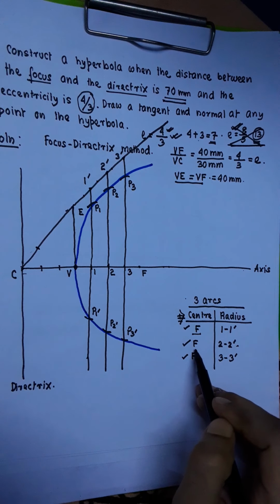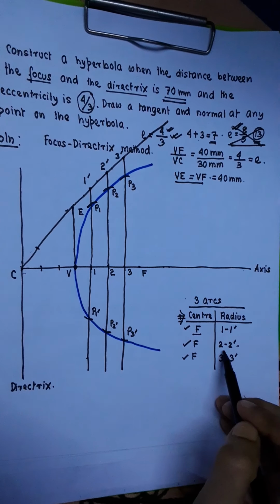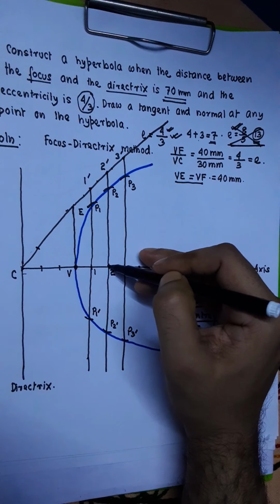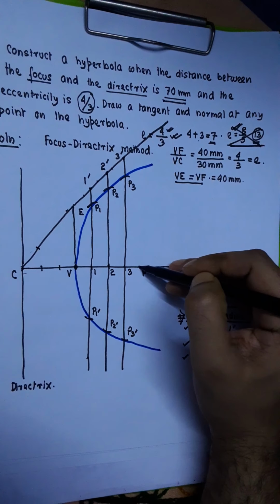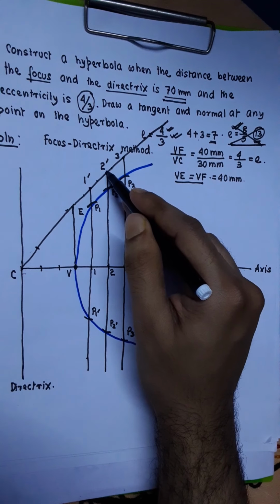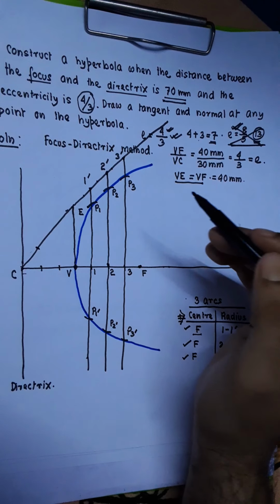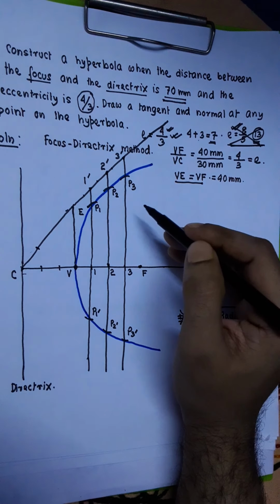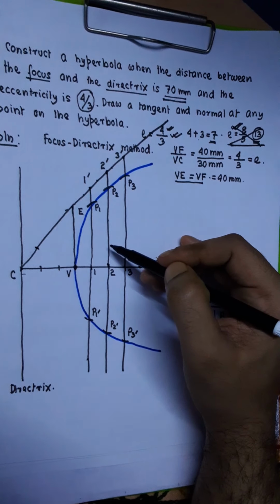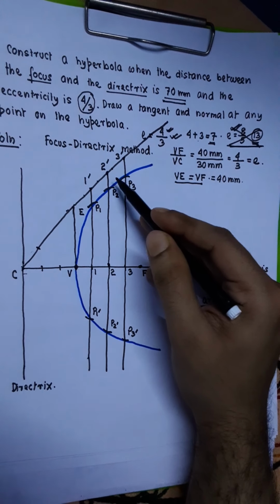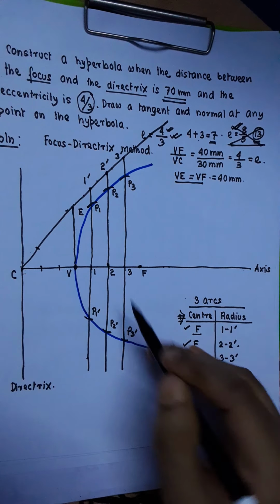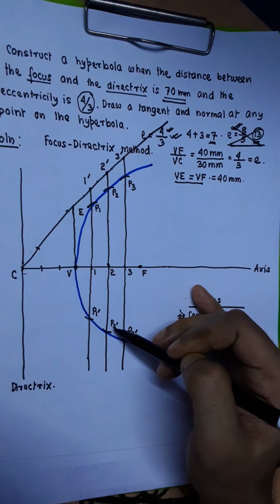Then you have to draw another arc with the same center, that is the focus, and a different radius. Now the radius value will be the distance between this point and this point. The center will remain the same. So utilizing this point again as the center and taking the distance between these 2 points as the radius, you draw another arc, and while drawing this arc, you have to note the intersection of the arc with the line 2 2 dashed, and you will again find that the arc intersects the line 2 2 dashed at 2 different points, one on this side of the axis, another on this side of the axis. Those 2 points you call P2 and P2 dashed respectively.